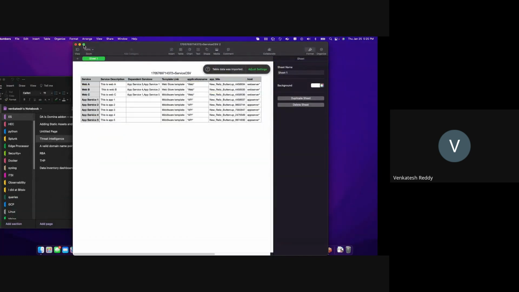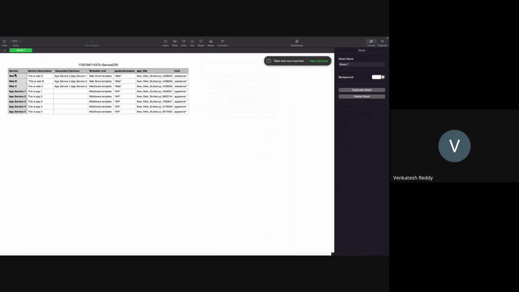So here I created services called Web A, Web B, and Web C in a CSV format. I mentioned a description for Web A, like this is Web A, and this service is dependent on two services, App 3 and App 1. I defined the web store templates, the application name, the app title, and the host.